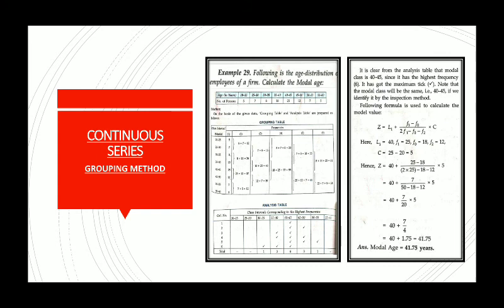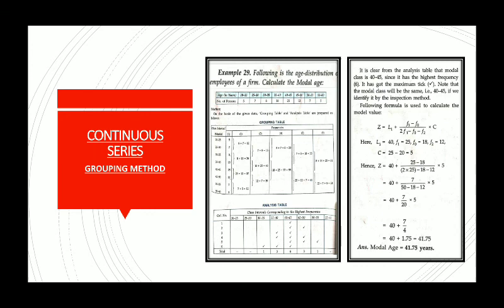Again, we will mark the highest frequencies, and using those highest frequency values, we will form an analysis table as shown here. An analysis table will show us the highest number of ticks under any particular class. And here in this table it is showing that the highest number of ticks are under the class 40 to 45. So 40 to 45 is the modal class. So our answer of mode should always lie between 40 to 45 in this sum.